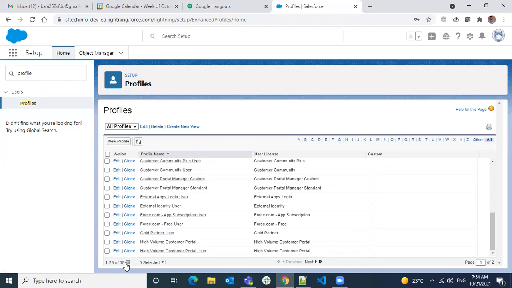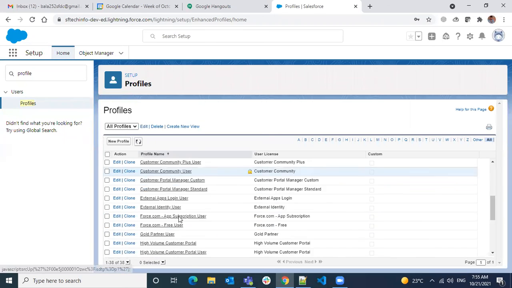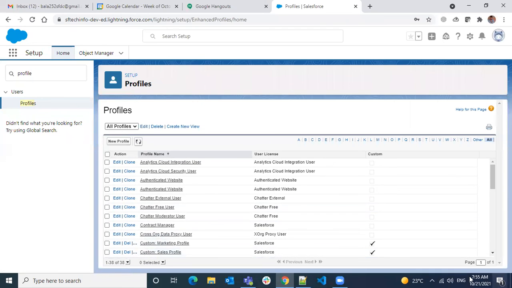Then you have this section for how many records you want to see per page. In total we have 38 records. Here we are seeing 1 to 25, which means 25 records per page. If I make it 10, you will see only 10 records per page. You can go up to 200 here. When you want to look at more records, you can use this records per page option. I don't want to navigate back and forth, so I selected 100. So if you select